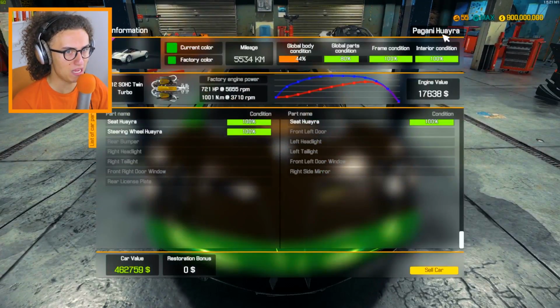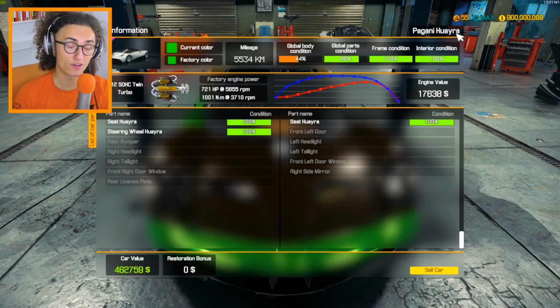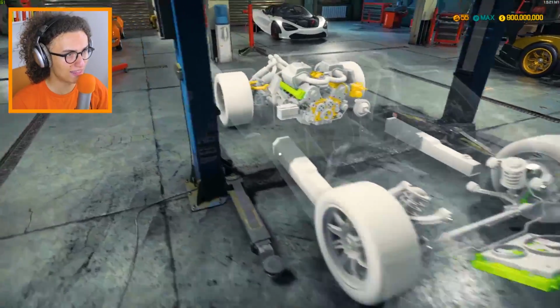This is the Pagani Huayra. If you're wondering, if you want to buy this car, it's 1.4 million US dollars. That's no joke. Looking at it like this, we can see,